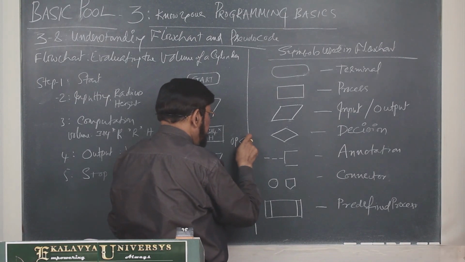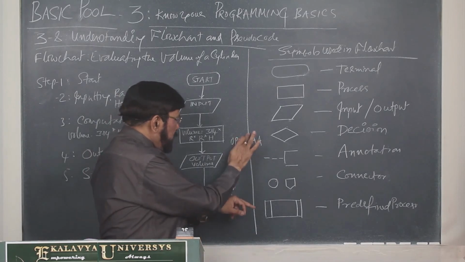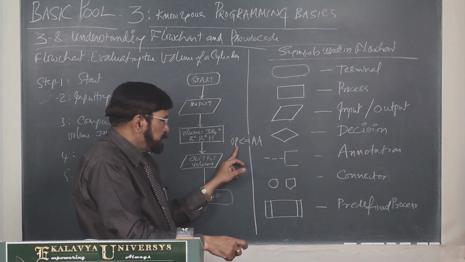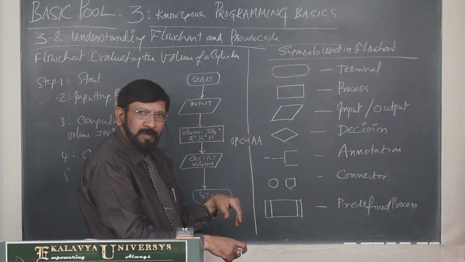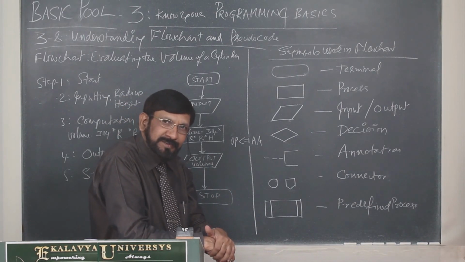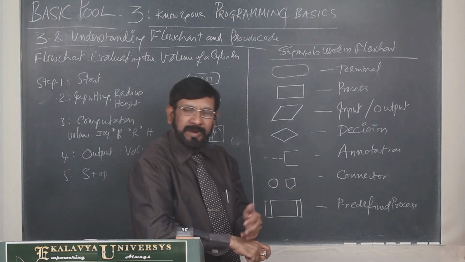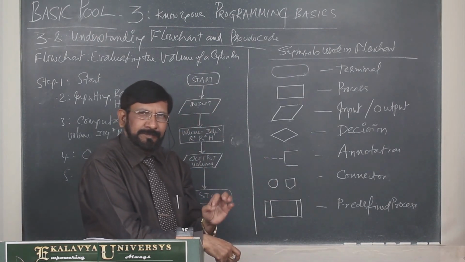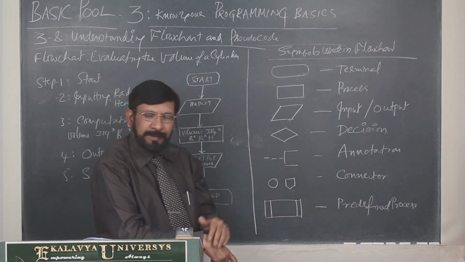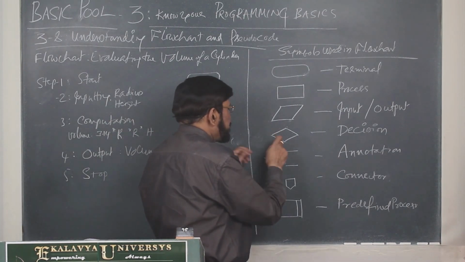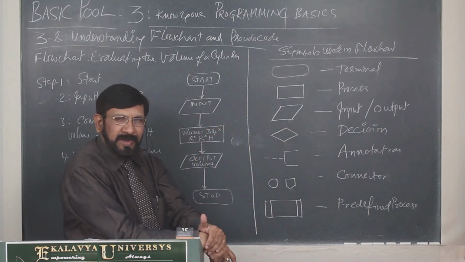is less than or equal to the available amount. Whatever amount we have is this, and the offered price is this. If the offered price is less than or equal to the available amount, then your decision may be yes. Understand? That's why in programming, on several occasions, we have to take decisions. The result of a decision is either yes or no. So, whenever we put the diamond symbol, you see two sides are there. One represents yes, the other represents no. Based on that, the further course of action is decided.